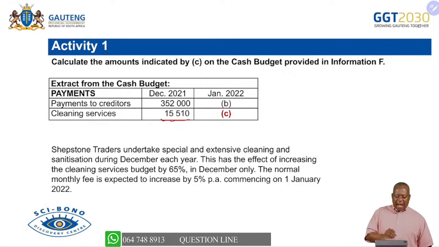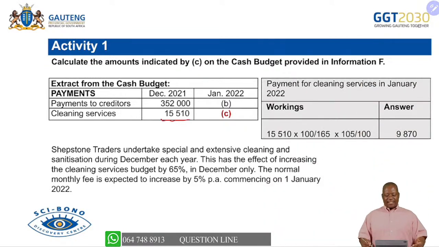The normal monthly fee is expected to increase by 5% in January. Okay, so it therefore means we can go back to the normal, but in January we are not paying the normal one. We are going to have that normal increased by 5%. Is this doable? I think it is. We start by finding the 100%, which is the normal. And then we increase that normal by 5%. And that becomes the payment in January. So it's going to look like